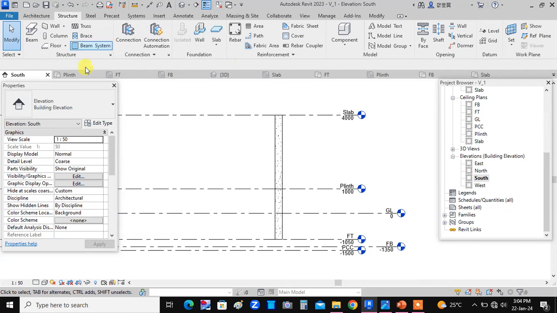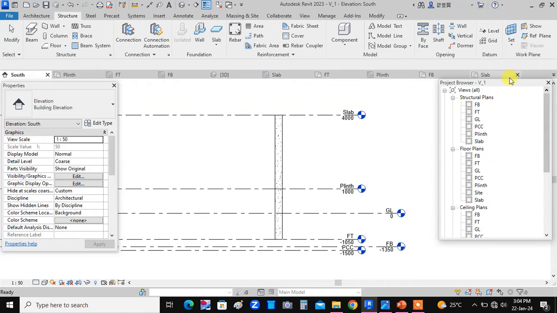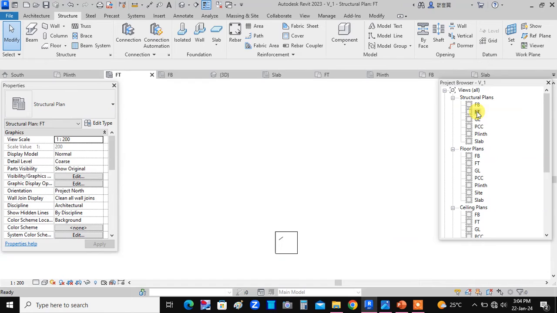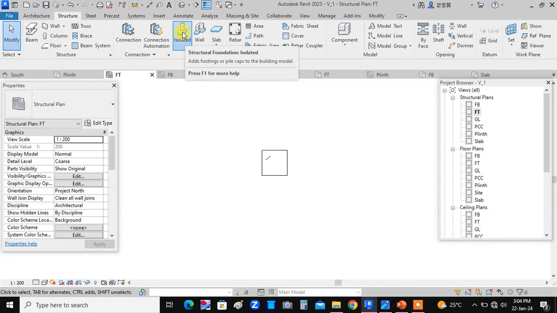So again this is Revit interface. We are in structure tab. Now we will place the footing. For that we have to select the level footing top. At footing top we can place the footing. So let us come to the footing top level FT in structural plan. This is the footing top level and this figure is showing column. Now we will place footing below this column. So select isolated footing